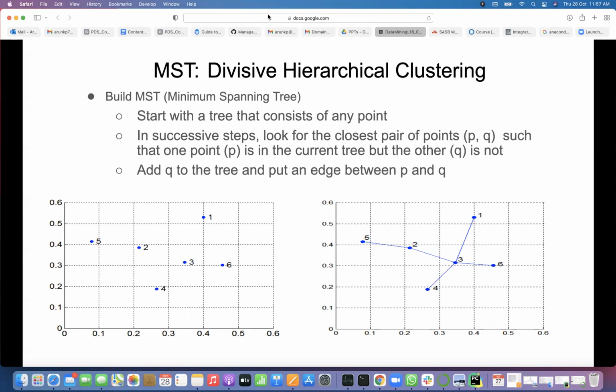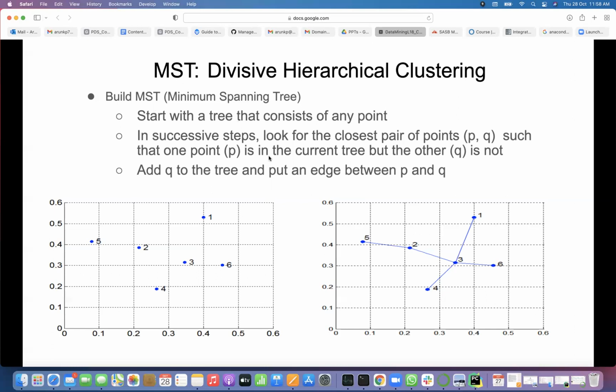A path connecting all the nodes in the graph with the least distance. First of all, it should be a connected graph, right? If it is not connected, we call it a minimum spanning forest. So it is connected, and each node should be visited only once. So that is called MST.